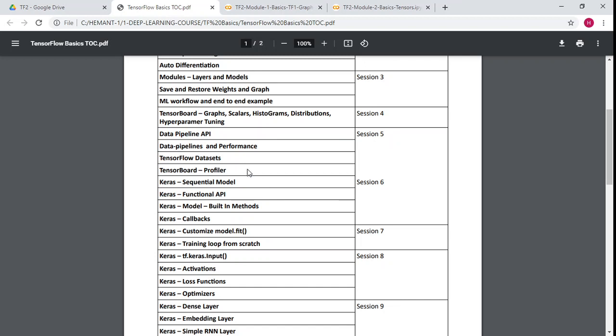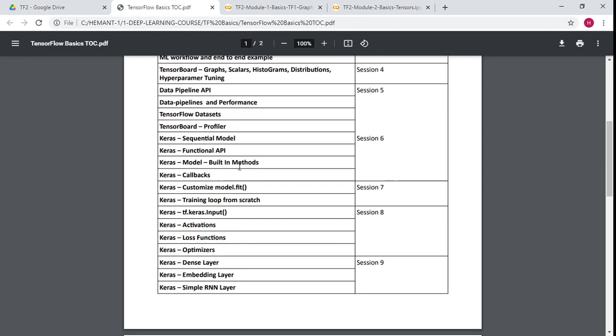Then we will get into the TensorBoard profiler. So how do we profile the performance of the training? And then we'll get into the Keras API, and we'll discuss various concepts using Keras. We'll start with the sequential model, functional API, then the model and its built-in methods. We'll discuss callbacks, then the training method which is .fit, and then the training loop from scratch. So we'll get to see how to use